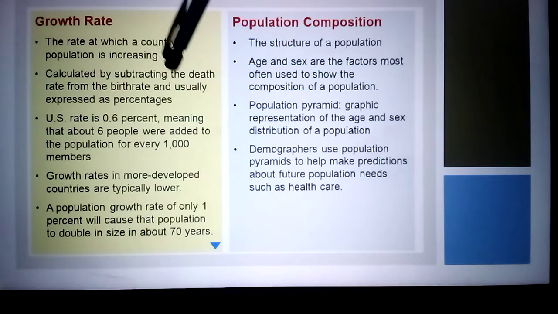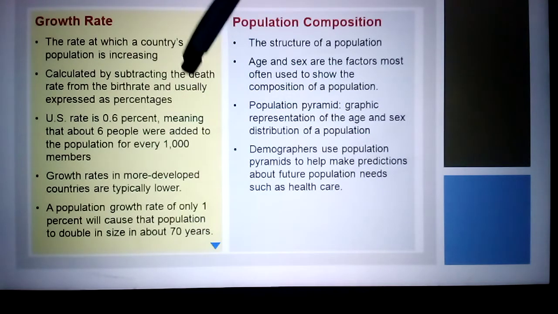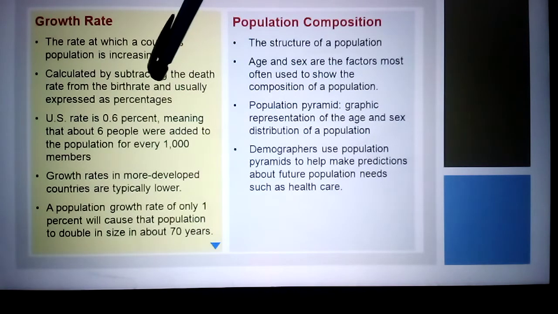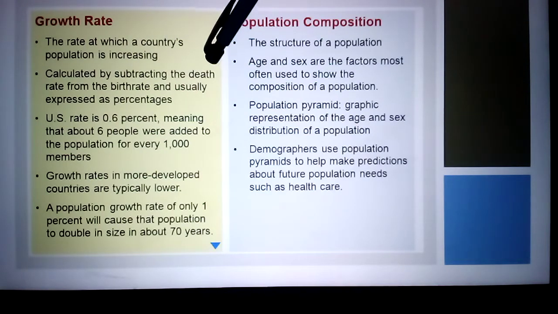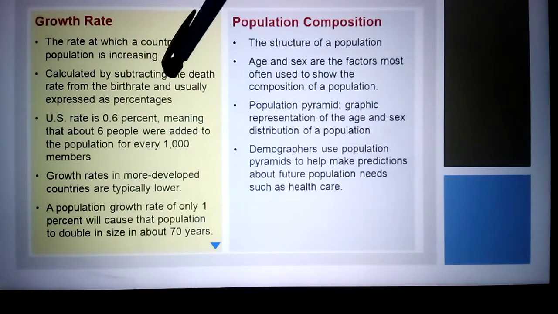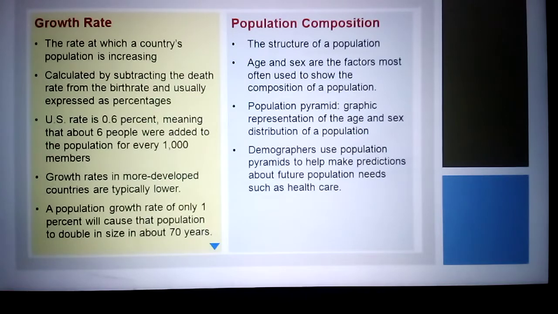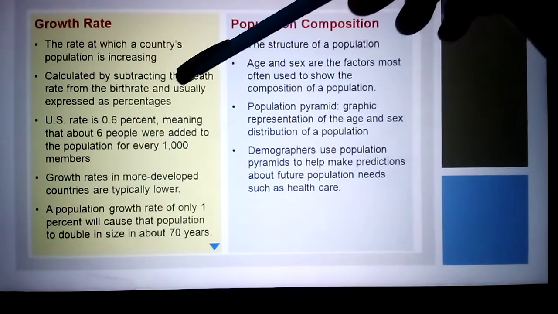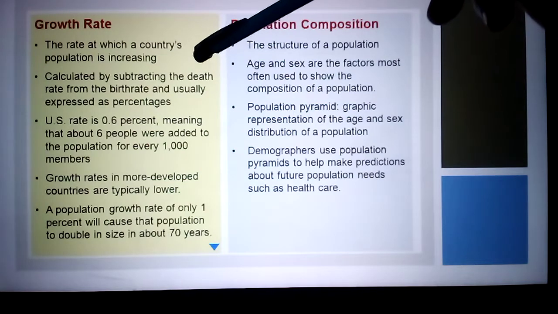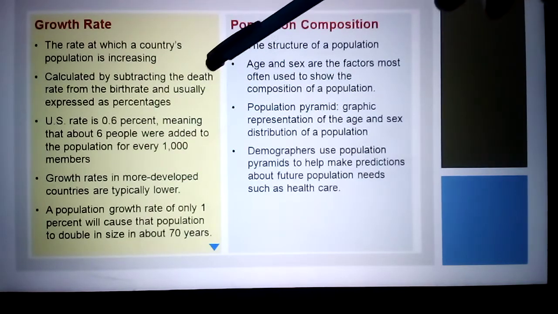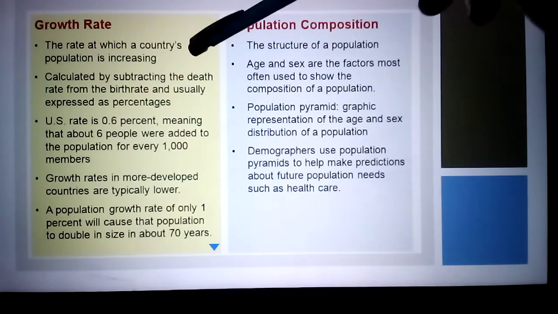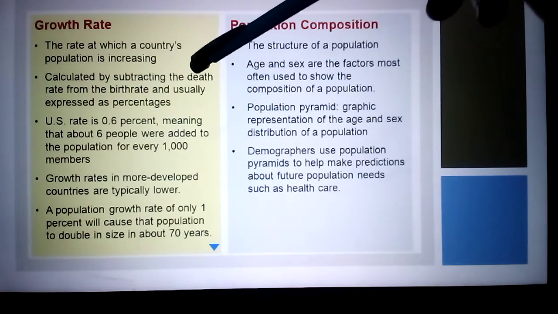So if the estimated population is 100, imagine the births are 10 and the deaths are 5. We have to add the birth rate: 100 plus 10 means 110. Then the deaths are 5, so 110 minus 5, and we get a population of 105. They express this as a percentage. How do they express it as a percentage? 105 divided by 100: the present population 105 divided by the old population, last year's population 100.